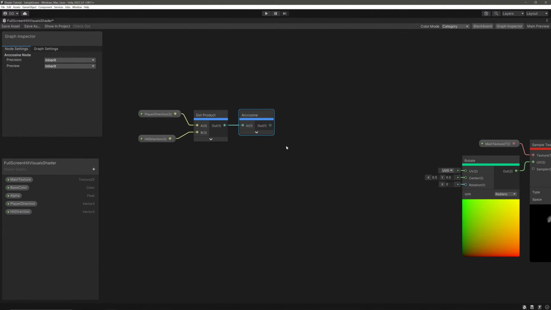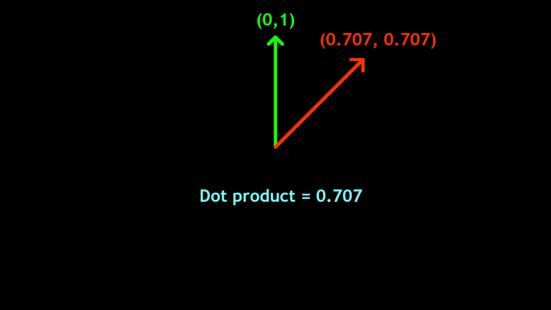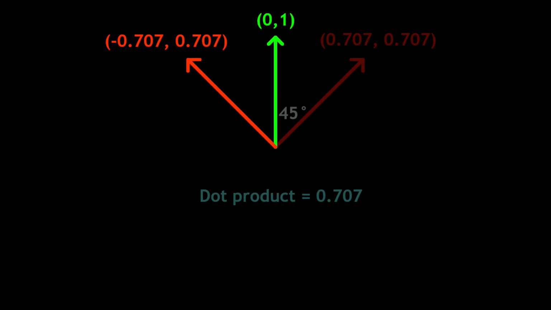However, there's a catch. On a 2D plane, assume this is our forward vector. If I have the direction that goes diagonal to the right side, I will get the dot product of 0.707. So based on our dot product, we will get the angle of 45 degrees. Now if we have the direction that goes diagonally towards the left, we will get the same dot product of 0.707, which will give us the same 45 degrees, which will rotate our effect in the right direction,